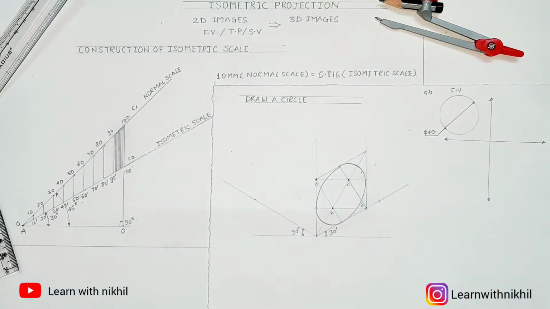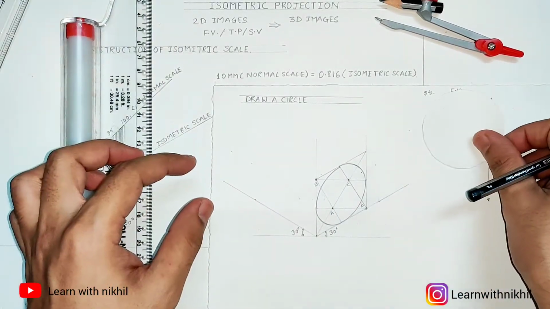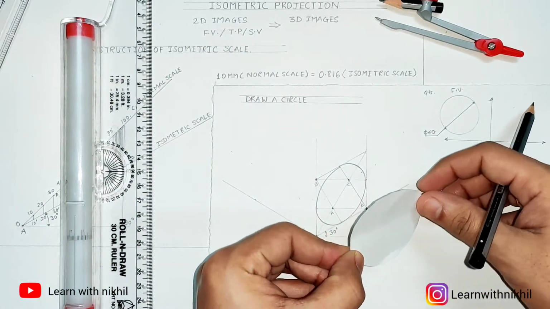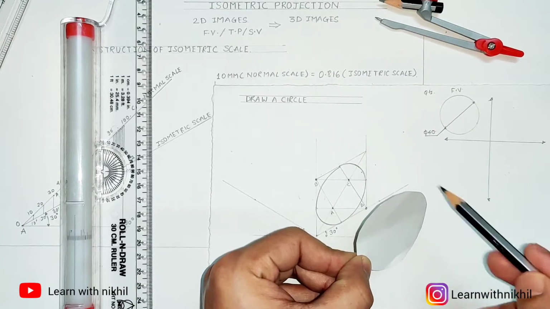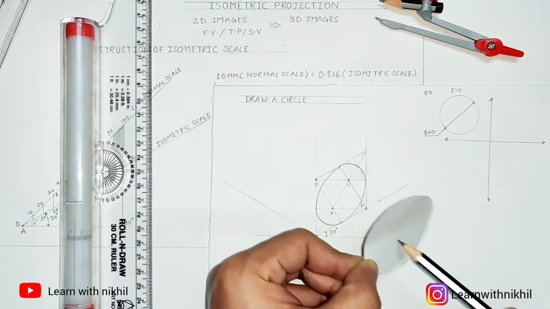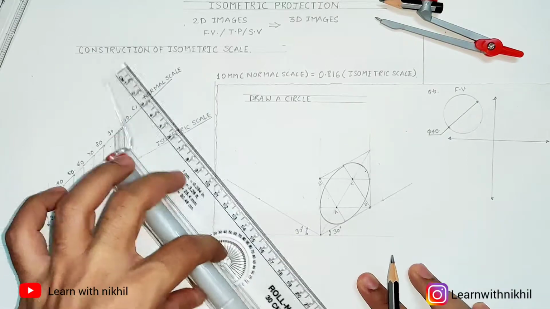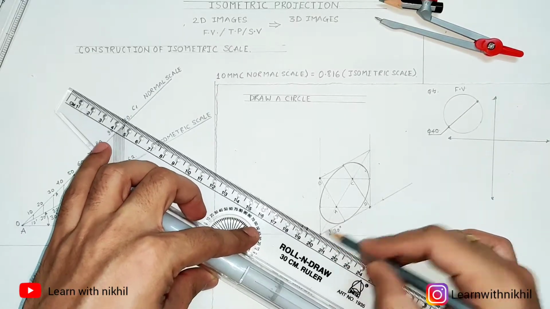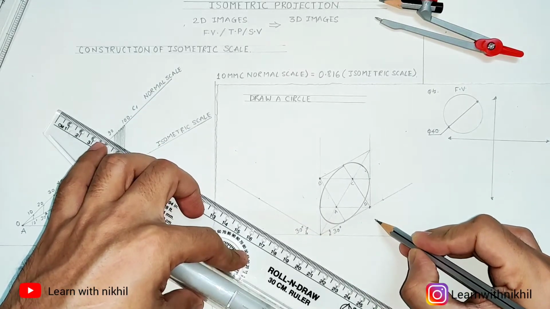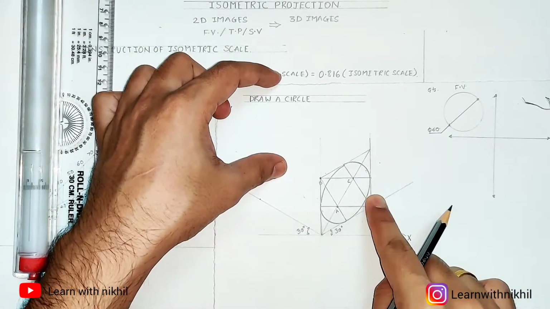This is the front view as a circle, and in isometric it will look like an ellipse shape. So see how the circle looks from the front side. In three-dimensional it looks like an ellipse. So we have done the front view of the circle, which looks like an ellipse. Just marking the arrow X, which represents the front view. Now the circle or the ellipse has been made by using 4 points.